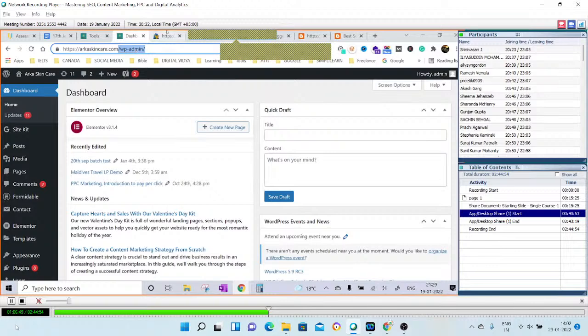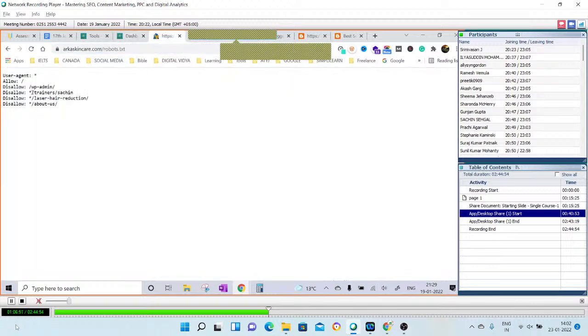If you go and check, the very first page which has been disallowed is the WP admin page. Okay, this is from the WP example. Secondly, I'm just taking the second example from here. You have a site where you have just got your trainers' profiles.